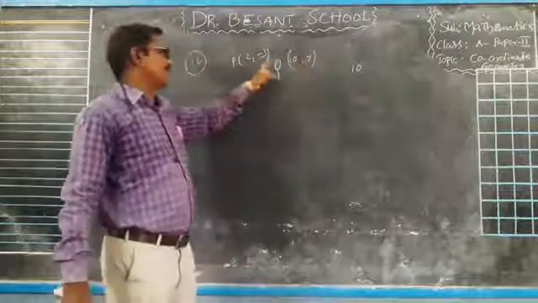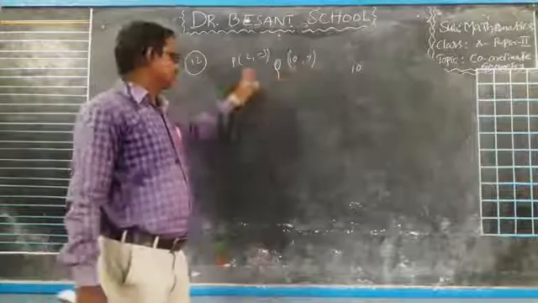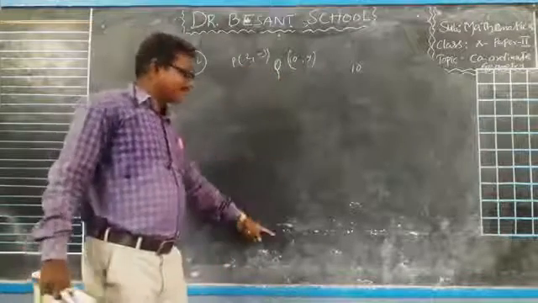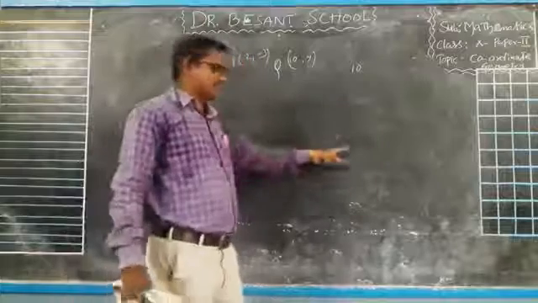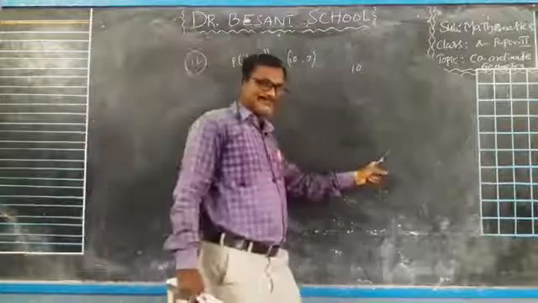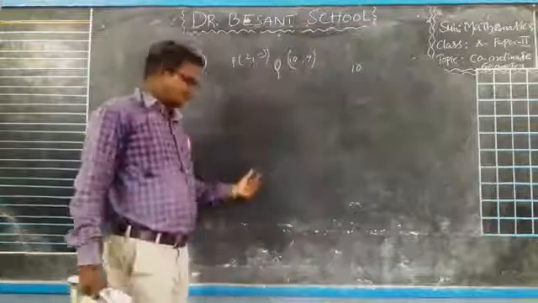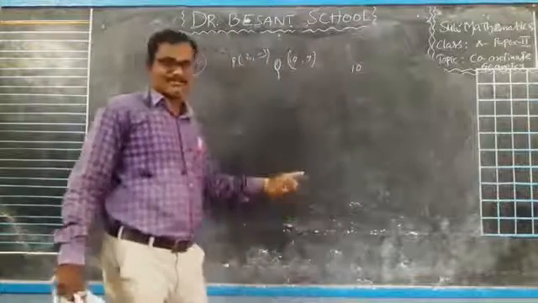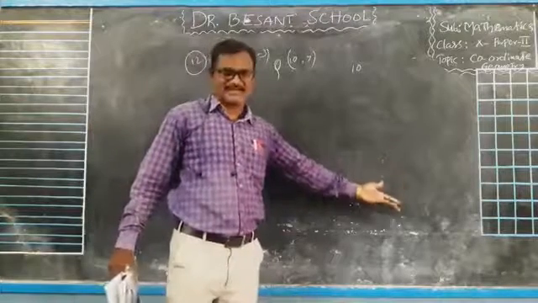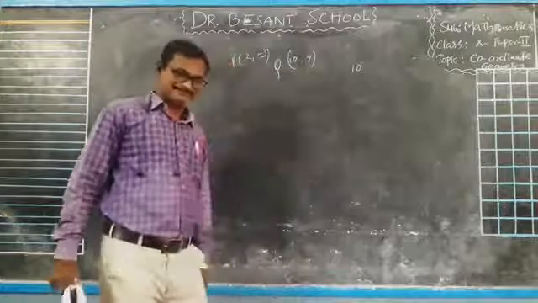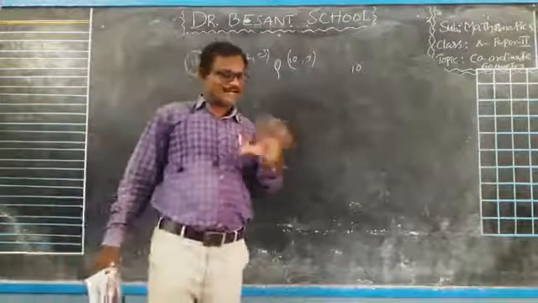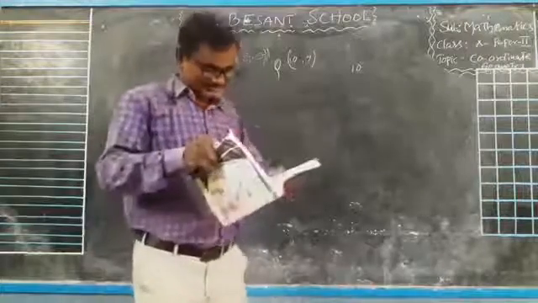Let them be x1, y1 and x2, y2. So PQ equals root of (x2 minus x1) whole square plus (y2 minus y1) whole square, and PQ is equal to 10. Replace these values. So some root over something equal to 10; by squaring on both sides, the root will be cancelled. Simplify it and you get two possible values of y, just as I got in the 11th problem. Same procedure as the 11th problem. You can, I know.